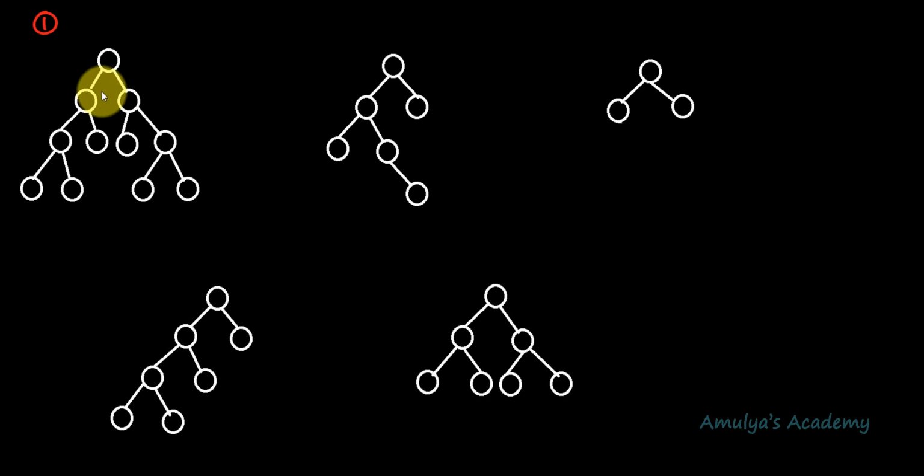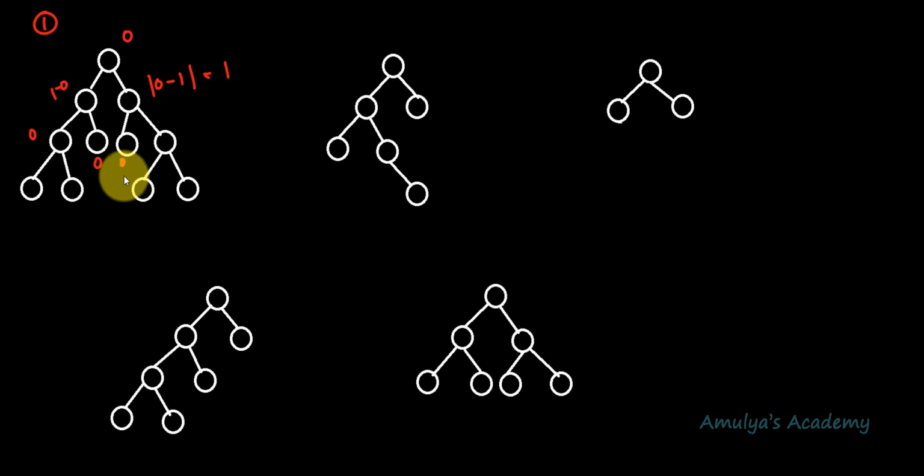So for the root, this is the left subtree and this is the right subtree, and the maximum height is 2, and here also it is 2. 2 minus 2, so we'll get 0. And for this, the left subtree height is 1, the height here is 0, so 1 minus 0, 1. For this, the height here is 0 minus the height here is 1, but we'll take the absolute value, so that is plus 1. For this node, the left subtree and right subtree are both 0, so 0.